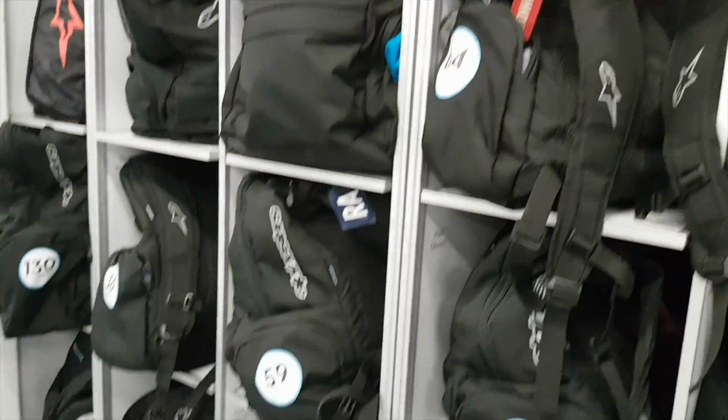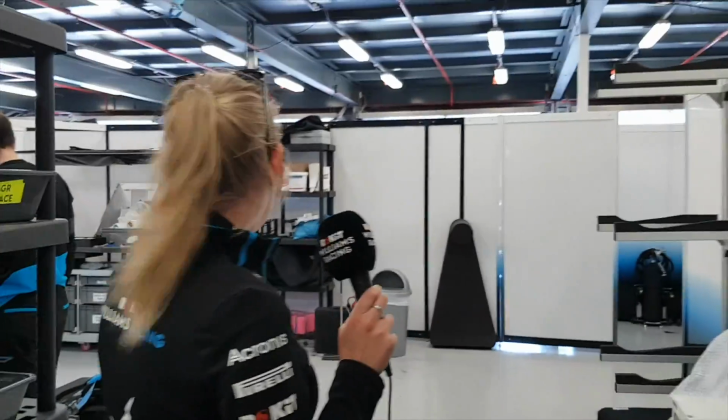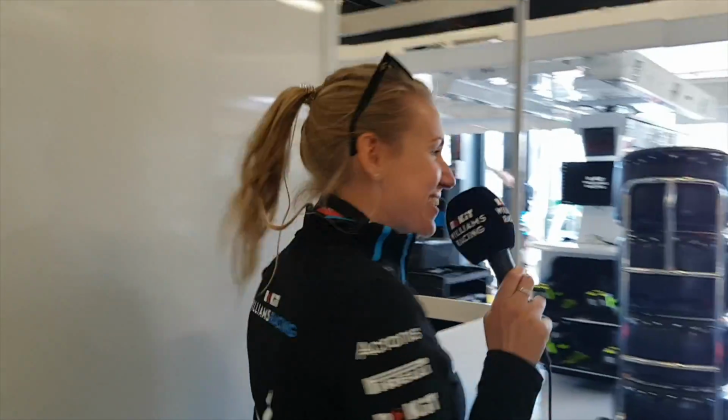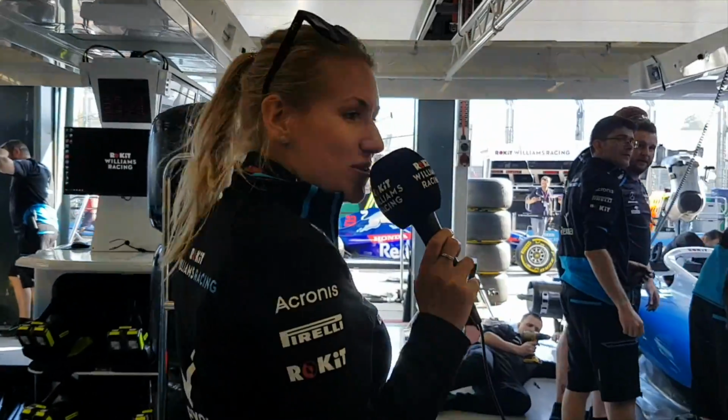New lockers for the boys this year, so they can keep their bags neat and tidy. And if you come down here as well, you'll also see they've got all their pit crew helmets because they're going to be doing pit stop practice soon. And as normal, they've got the music blaring out loud, so you probably can't hear a lot of what's being said. But if we just jump out the front, you can have a quick look around the garage